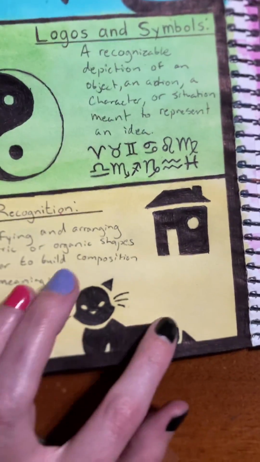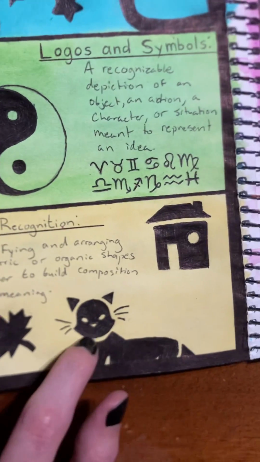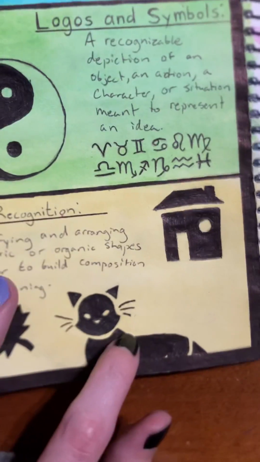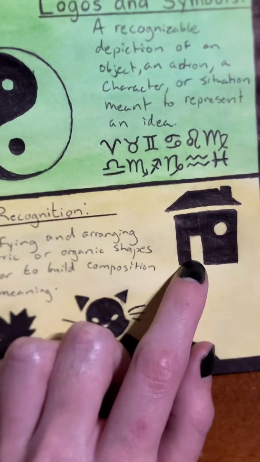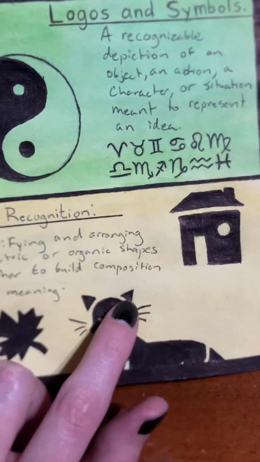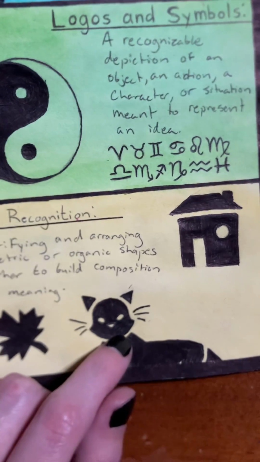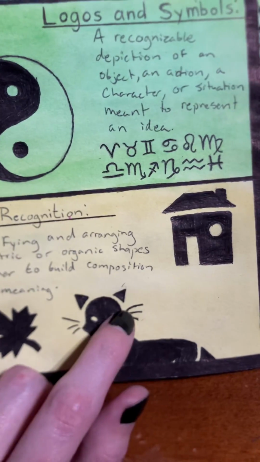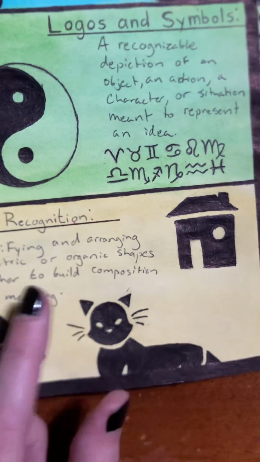And then a cat is an example of that, with some more organic shapes rather than pure geometrical with the house. So our brain can piece together the triangles and the almost circle of the cat's face to put together